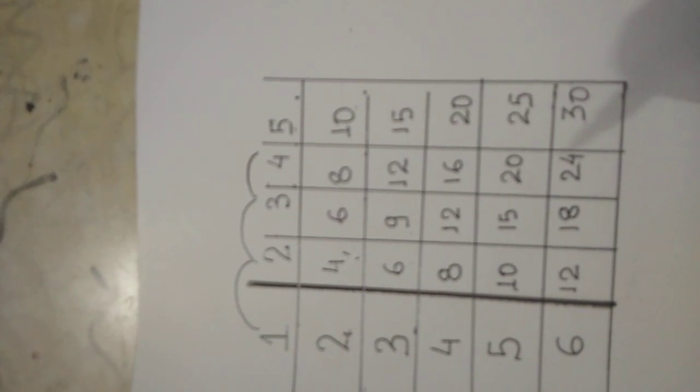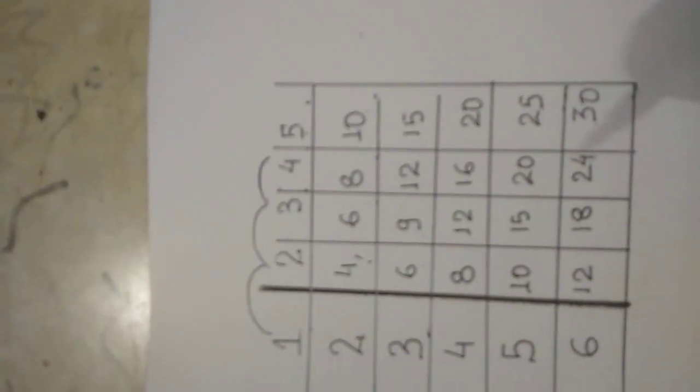So if I ask any child who is studying in class 3, 2 or 4, they will write 6, 7, 8, 9, 10. Now here, 2, 4, 6, 8, 10, 12, 14. So plus 2. Here plus 3. Here plus 4. The pattern is given here. If you see column wise also, 1, 2, 3, 4, 5, and 2, 4, 6, 8, 10. So in every column or in every row there is a common difference between two continuous terms, and that common difference always remains constant.